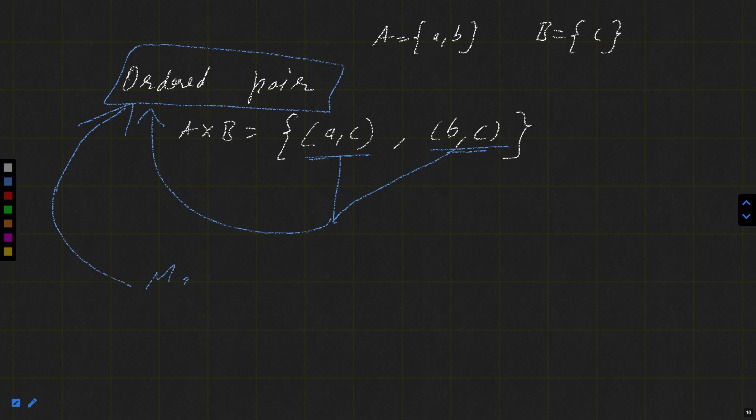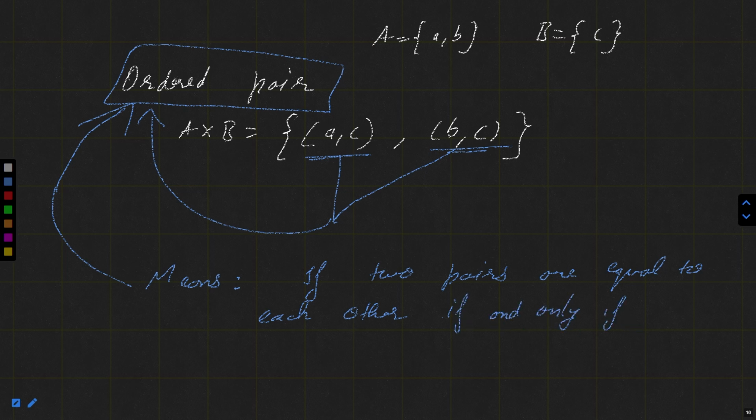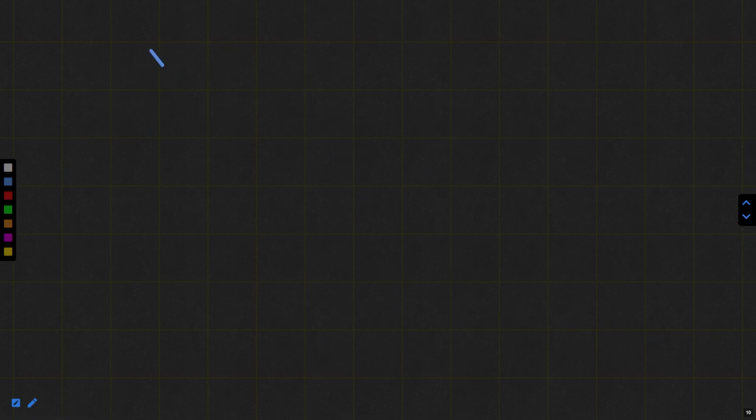Ordered pair means that if two pairs are equal to each other, then they are equal if and only if the first element must be equal to the first element in the other pair, and the second element must be equal to the second element in the other pair. Okay, so what this means is, for example,